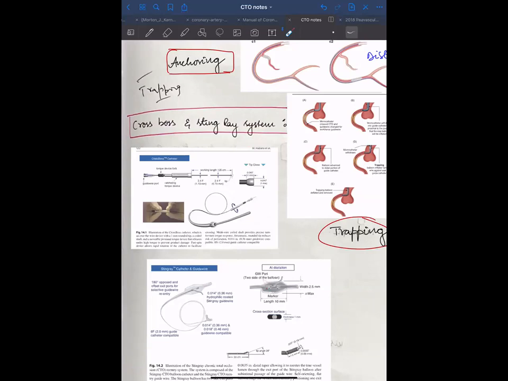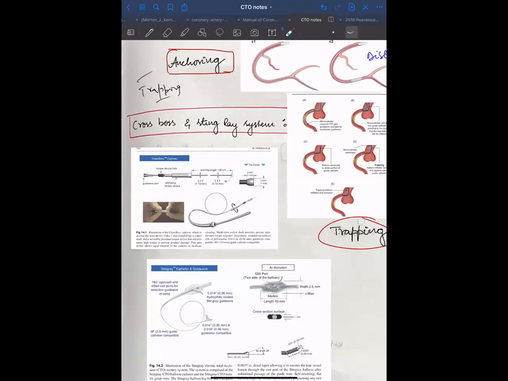So, Crossboss has a torqueable device with a racketing torque device, which enables a very fast spin. That is what is important, and it has a blunt profile at the end of it with a steel core. Crossboss has specifically been found to be very successful in trying to antegradely recanalize in-stent restenosis, because it has a very high chance of going subintimally. So if you have a stent scaffolding, it has very high crossing rates. So we will see that. And Stingray also we will see.